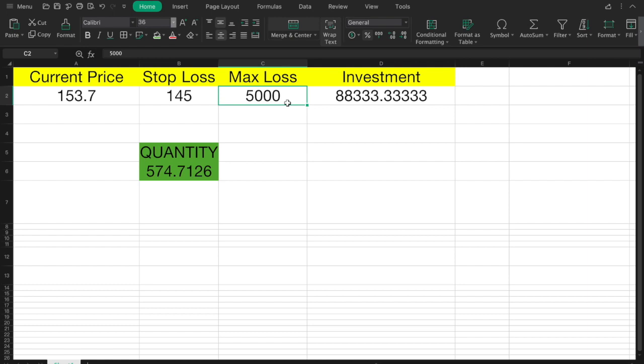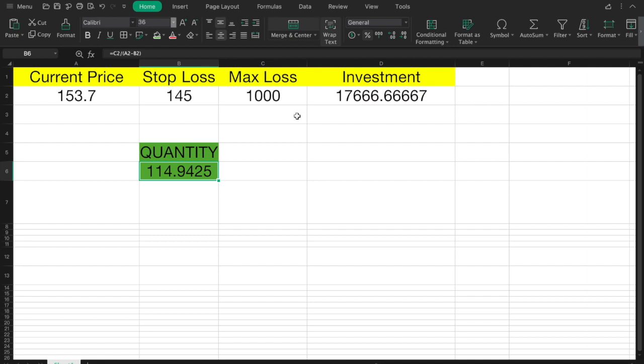In this trade, if I have 1 lakh capital, I can lose maximum 1000 rupees. Here the position sizing comes to approximately 115 quantities you should buy, and the investment amount is 17,666.